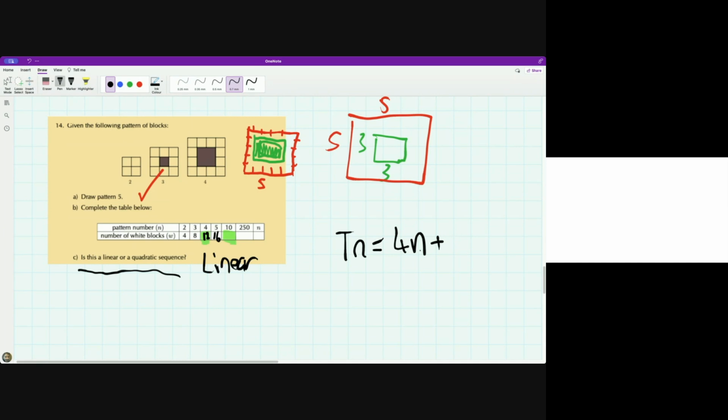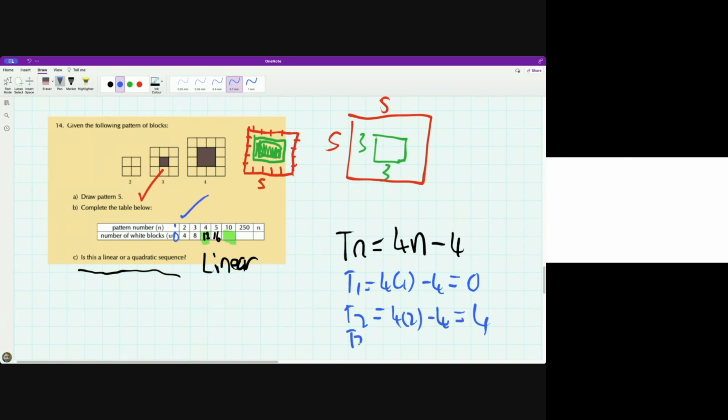So 4 times 1 would be 4, so this is going to be 4n minus 4. Let's see if we agree with that. For t1, this equals 0, which is what it would be if there was something there. For t2, it's 4 times 2 minus 4, which is 4. For t3,